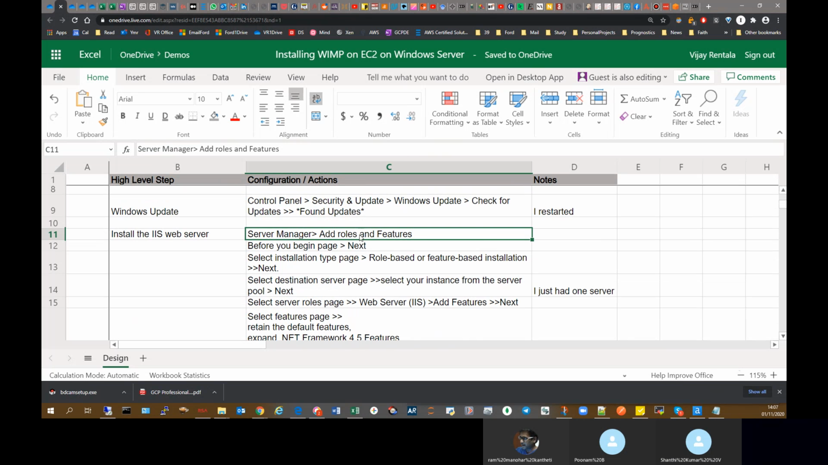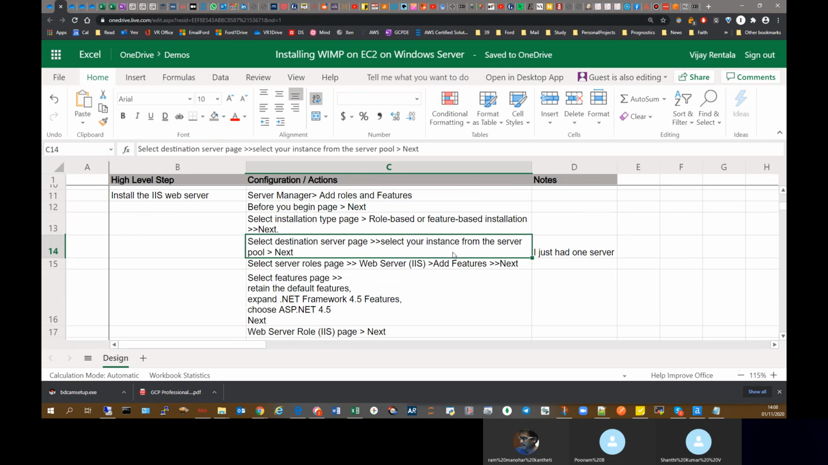this is what it says to do the roles and features. So there are 4 or 5 tabs here, and each tab, like the before you begin tab and select installation tab, has different things you need to do. These are basically selections. Here on this page, you select role based, and in this page, you select instance from the server pool. In my case, there is only one server, because I only have one server in my account with that user ID. So there's only one. And in this page, I'm selecting Windows Server IIS, add feature, next, and again